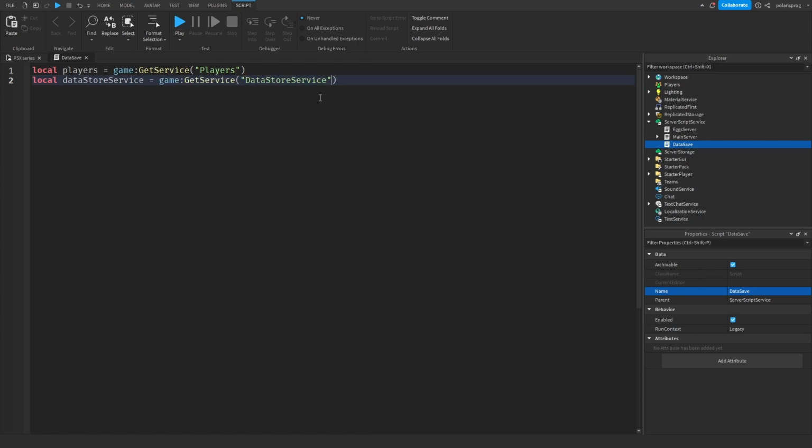And then I'm going to create a reference to server storage, or maybe actually we don't really need that. I think I'm just going to create a data store, so local data store is equal to data store service get data store, and I'm just going to give it a key. So create a random key. For me, I'm just going to say my data store key,